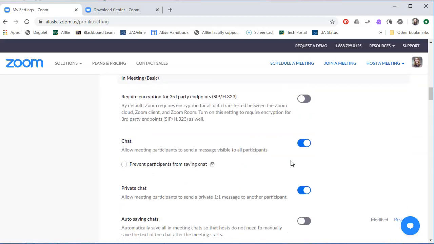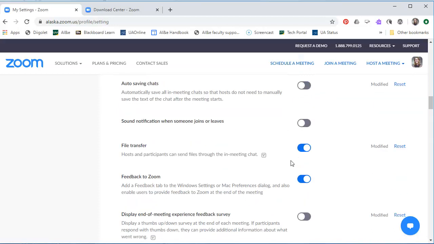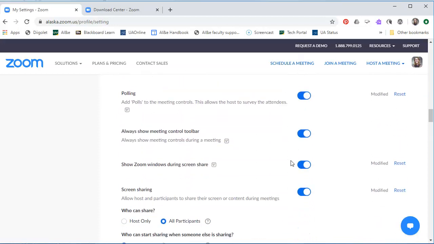Here you are setting your defaults. These can often be changed once you're in a live session. Just wanted to give you a few examples. We've had some questions recently about polls. If you want to be able to do polling as the host of a meeting, you have to have this